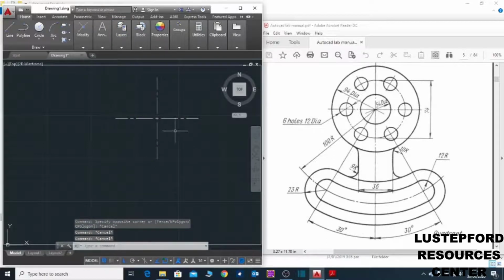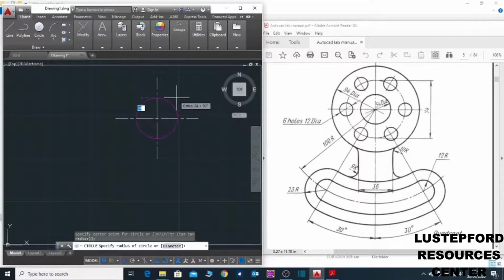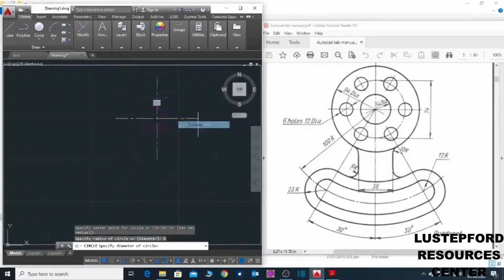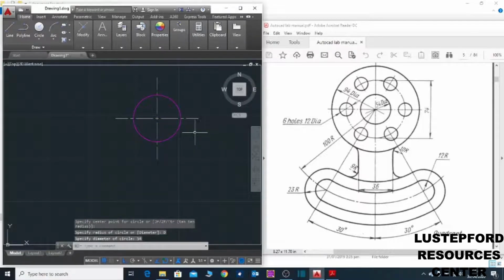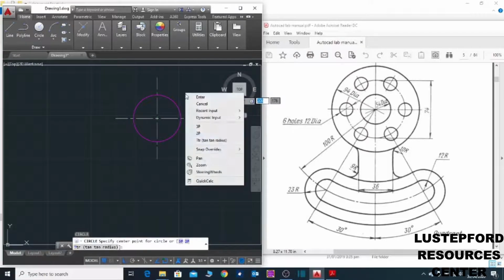Then now what I'll do next is to create circle. Come here, select this circle, right click, select diameter, type in 54, enter. I will enter again to repeat the circle command.